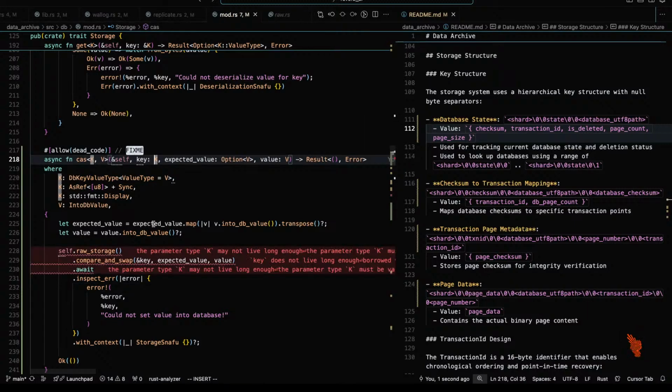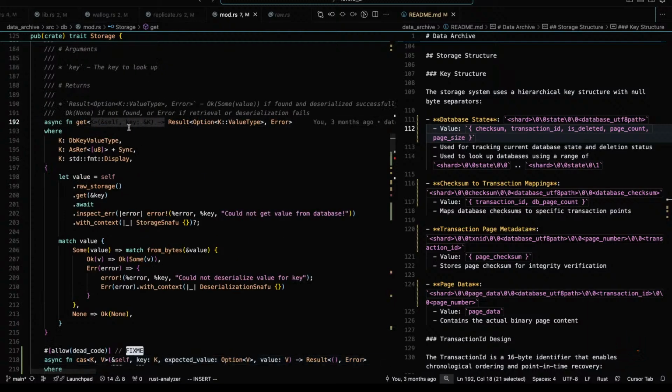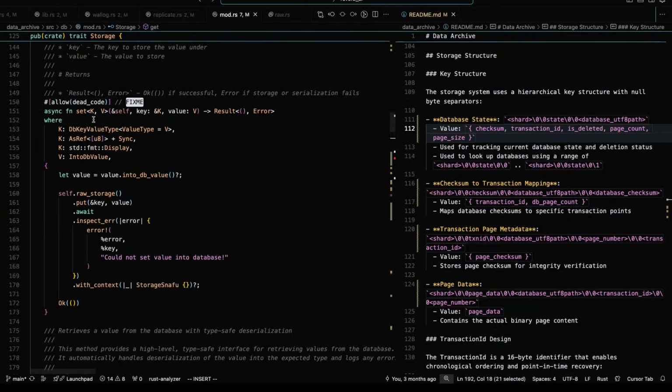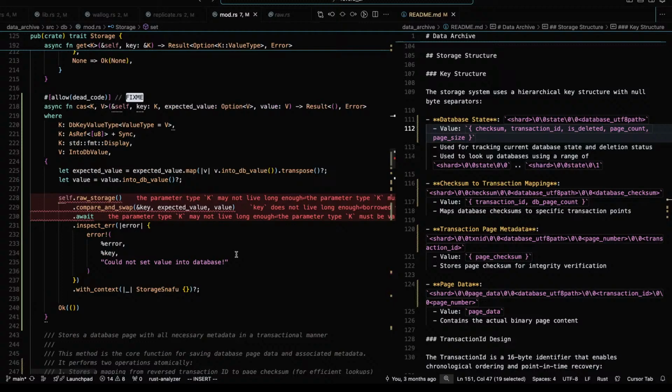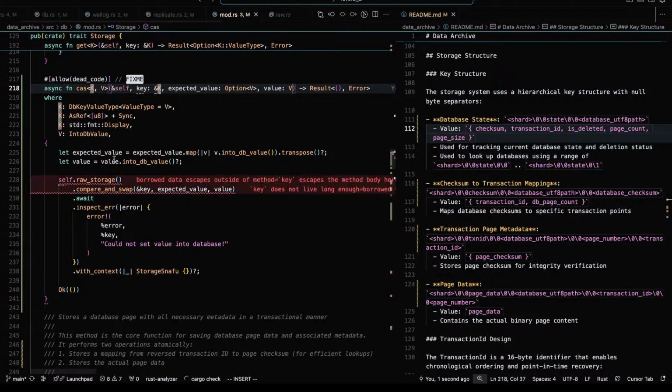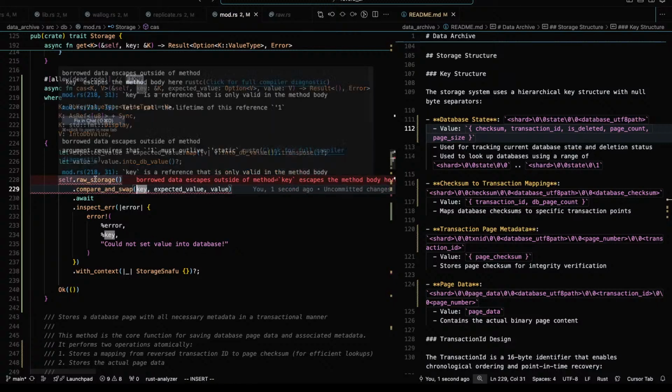Key in this case, I think it's always passed in, isn't it? Here it's not. For set, it isn't either. Interesting. Show me the full error.